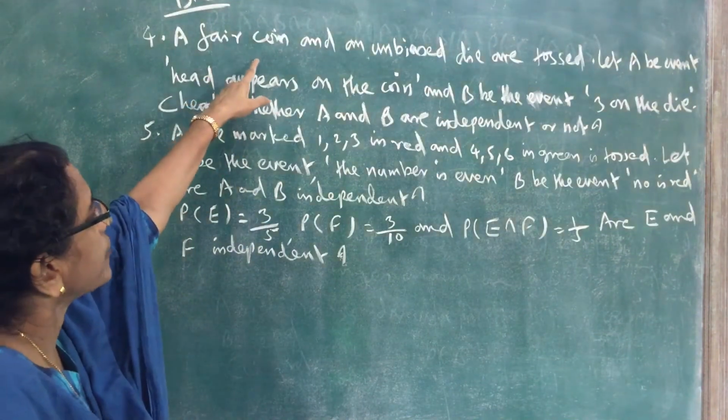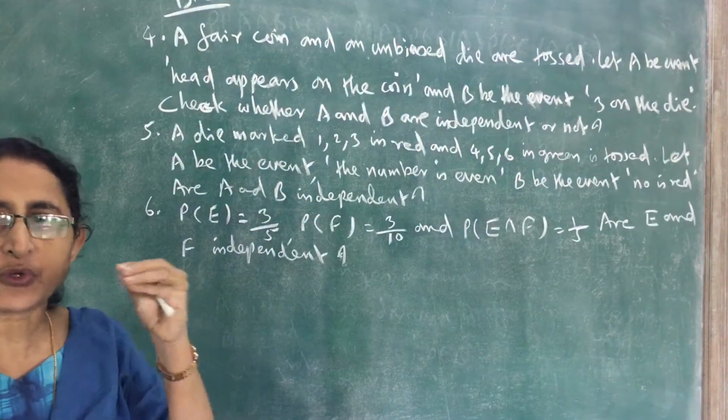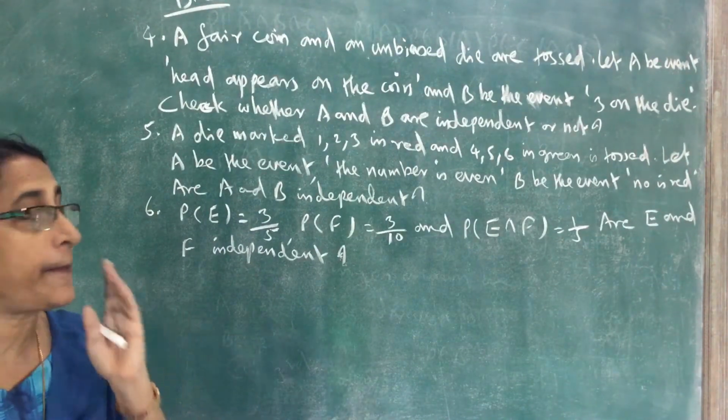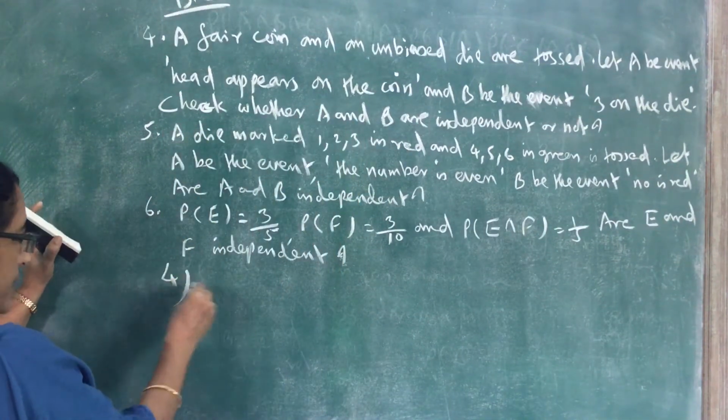First, find out what the experiment is. The experiment is that a fair coin and an unbiased die are tossed. So together one coin and a die are tossed. That is the experiment. So we have to write the sample space. First write the sample space S equal to